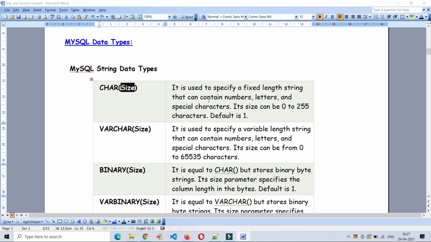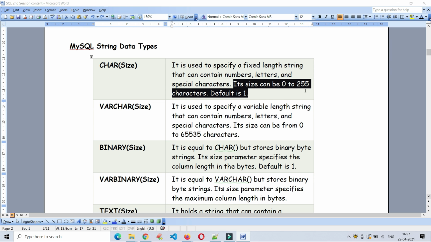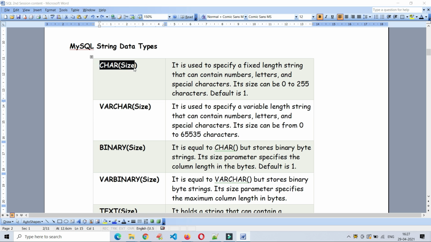And I am not going to give you a lecture on all these unnecessary things, because if you Google it, you can get it easily. These things like it is from 0 to 255 characters, blah blah blah. I just want to cover all those mandatory points, and make sure that you are aware of what are all the data types available and how to use it and how to work on it.